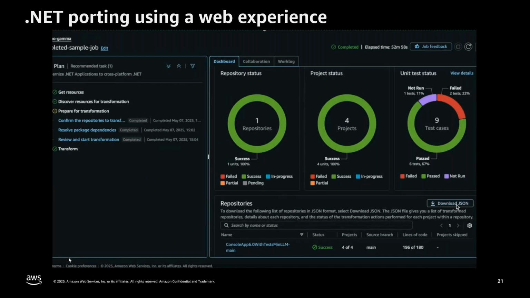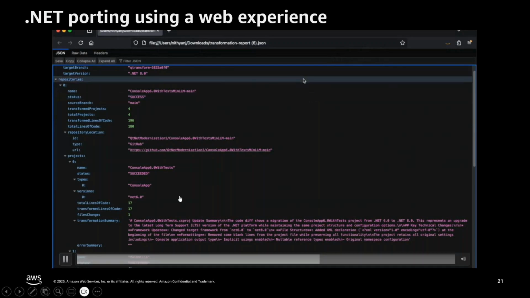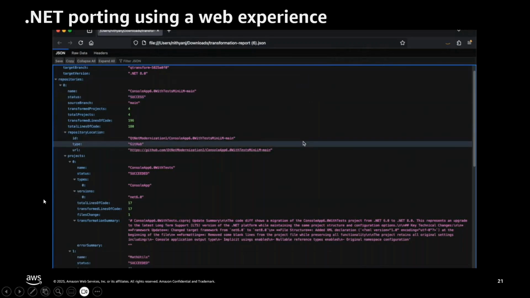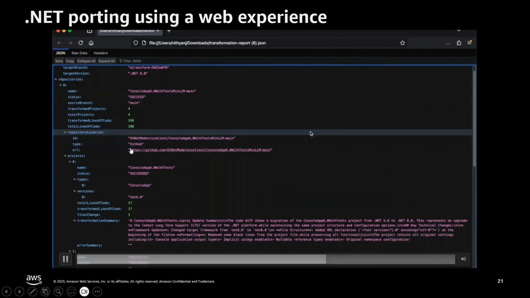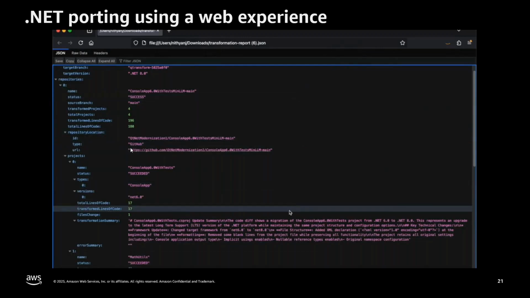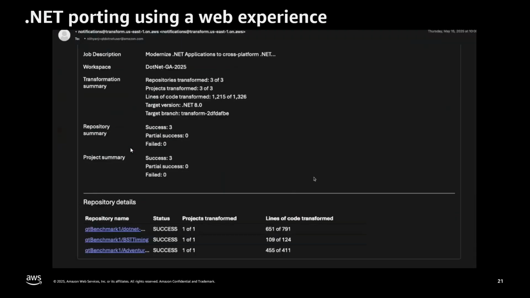Additionally, if you want to export this into a report, we support JSON file export of these reports, but you will notice here at the bottom, it's not just a JSON which is random in nature. We actually try to create a human readable transformation summary, where everything that has happened in the transformation, we try to just write it out like a summary along with all the data points which can be consumed. This is really useful when you're doing transformation at scale and you have to look at the summary of multiple transformations at the same time. But this is not it.